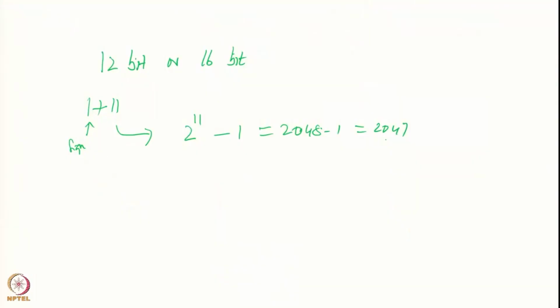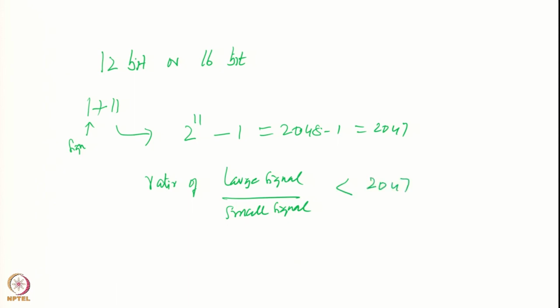Even so, that scaled number should be less than this. In other words, the ratio of large signal to small signal should be less than 2047. Then the whole thing will be represented,